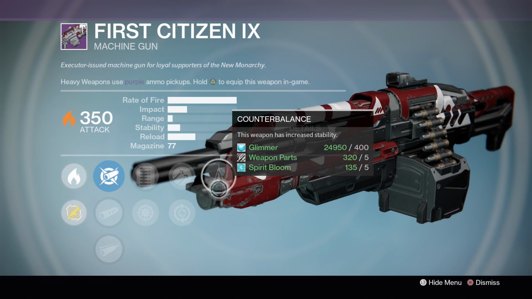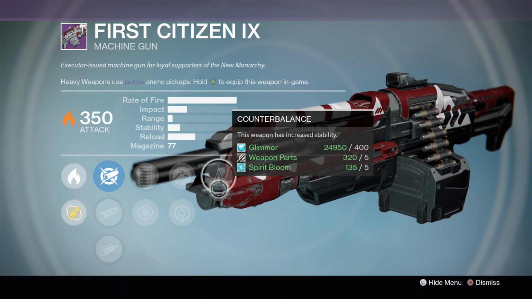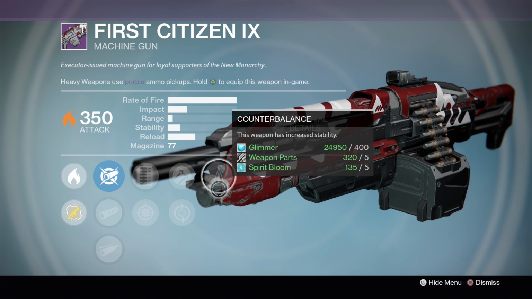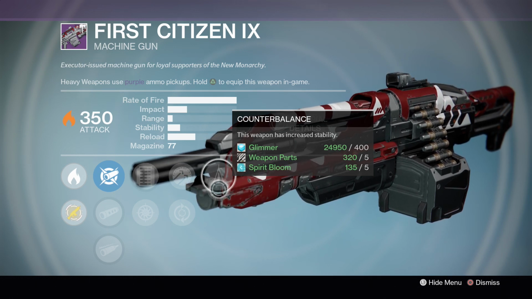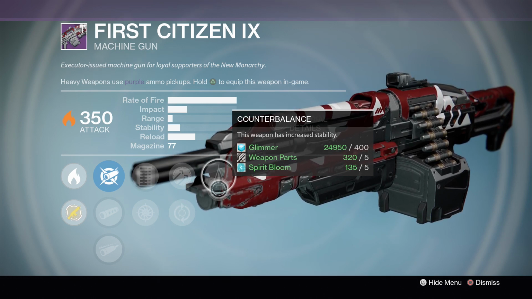And to help this out, we also have Counterbalance. This weapon has increased stability. Now with such a low stability stat, I don't even know if Counterbalance is going to help this one out or not. Again, I have not yet had a chance to use this one or the archetype of it, unfortunately. I like mine to be a little bit slower fire rate usually, but I have seen people use some of those others and really shred. So you guys, if you've tried it, let me know in the comment section below